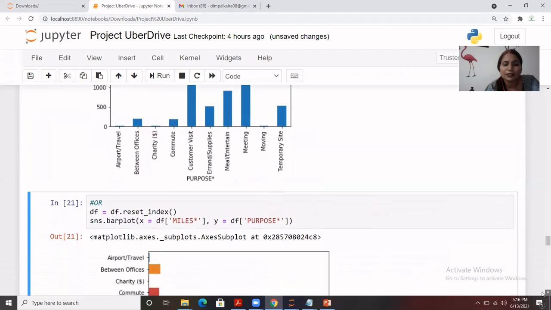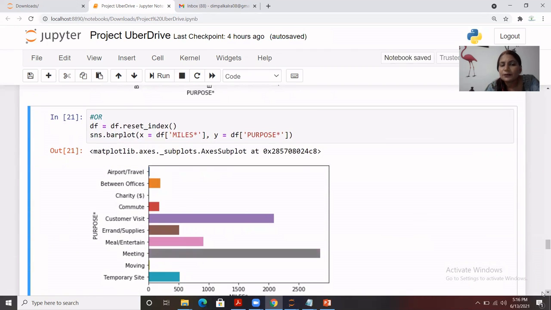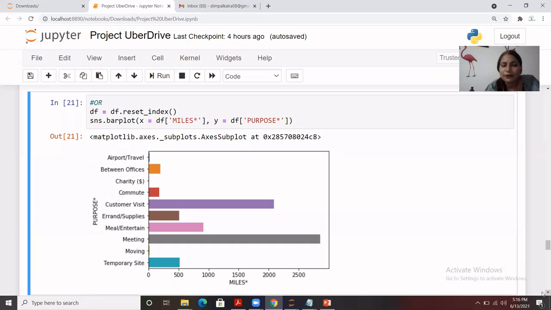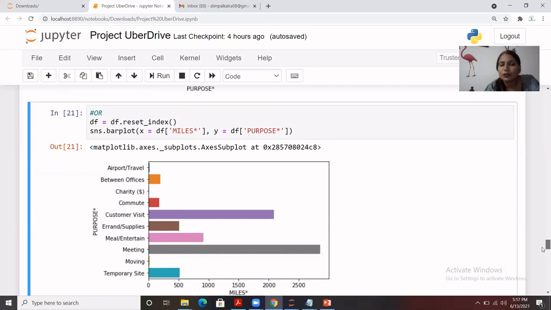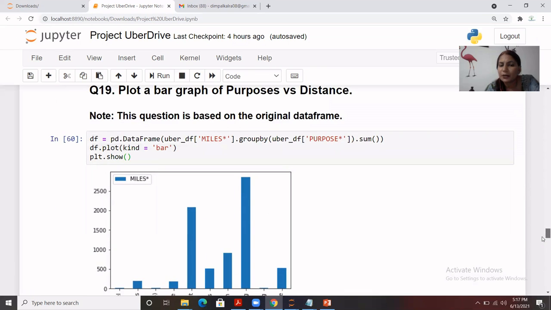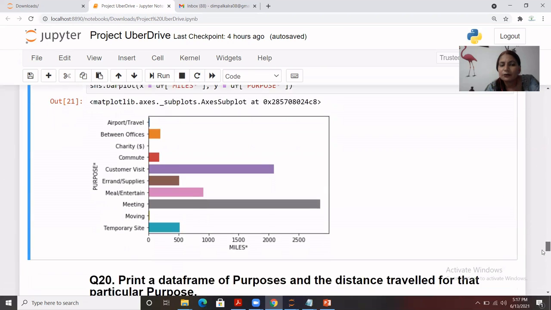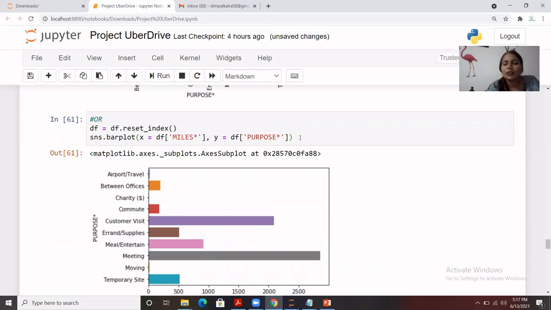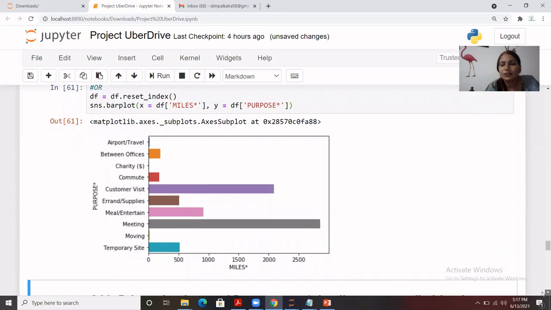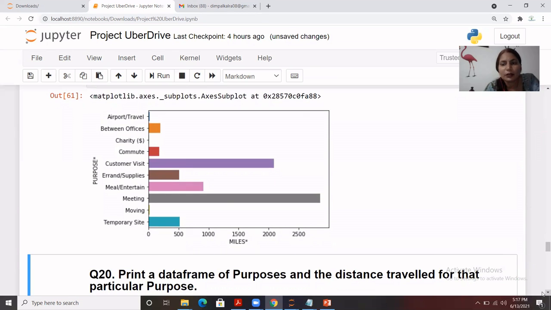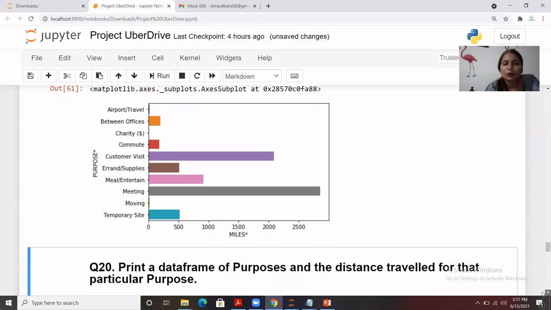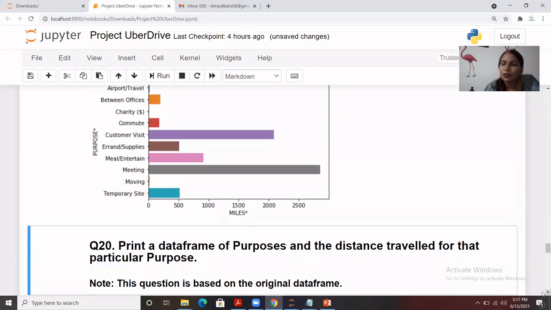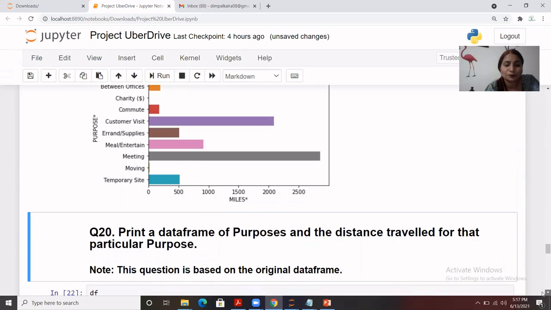The next one we can do something like this. That is a different bar plot that we have created using Seaborn. The first one was created using Matplotlib, and the second one using Seaborn. In Seaborn we have several color codings which sometimes look better than Matplotlib, but it's up to you how you want to use it. Either you can use Matplotlib or Seaborn, although Seaborn is also built on Matplotlib.